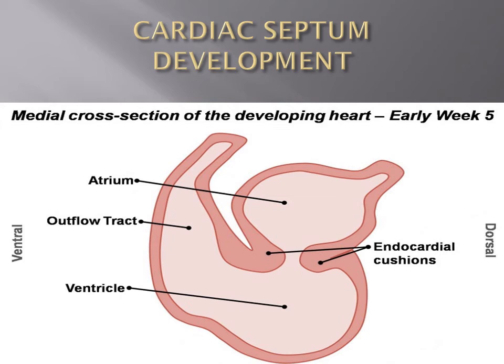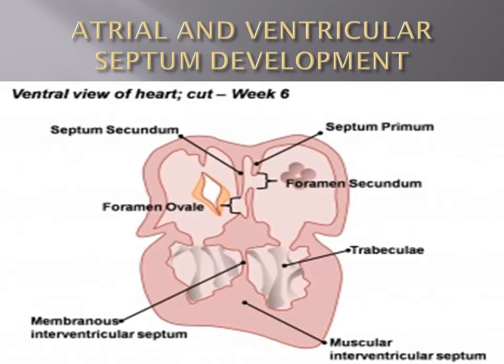This is the cross section of the developing heart by the 5th week, as we said. That is with the looping of the heart. This is to start with the anterior ventricle, which will form the left ventricle by the S looping of the heart, and gradually with the